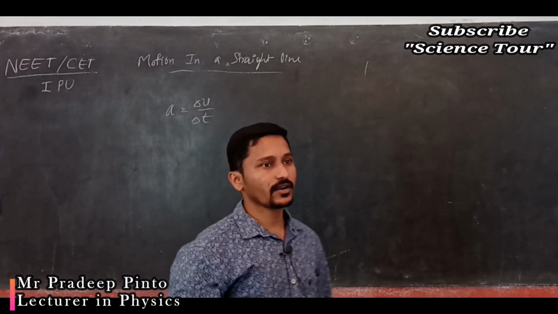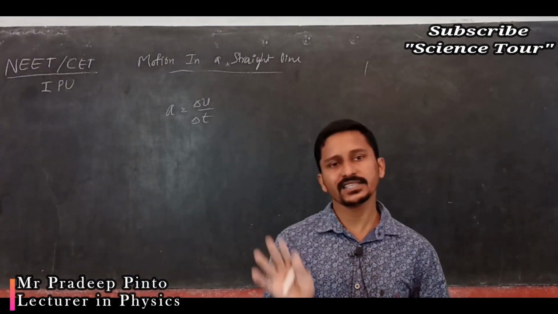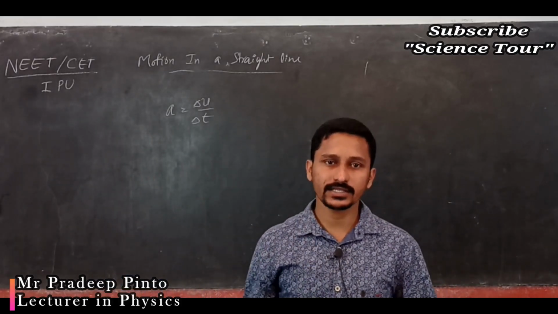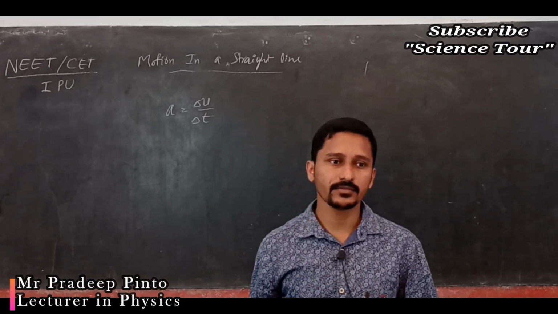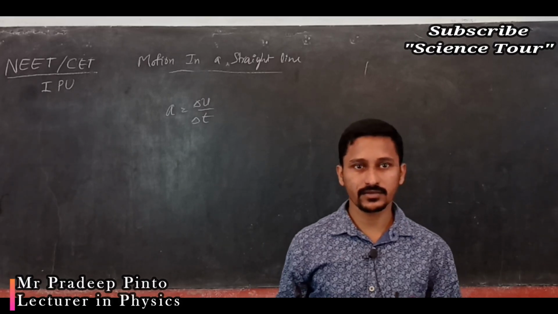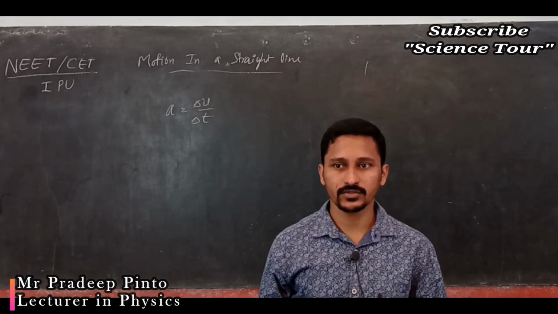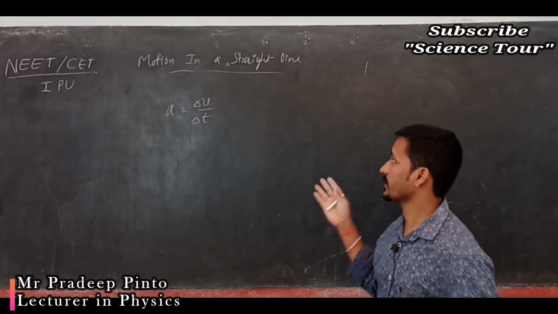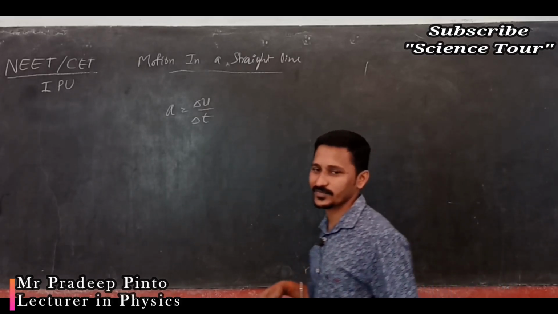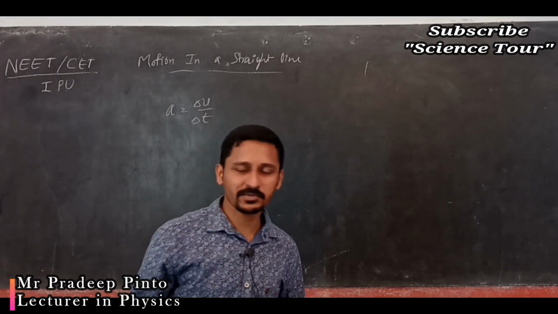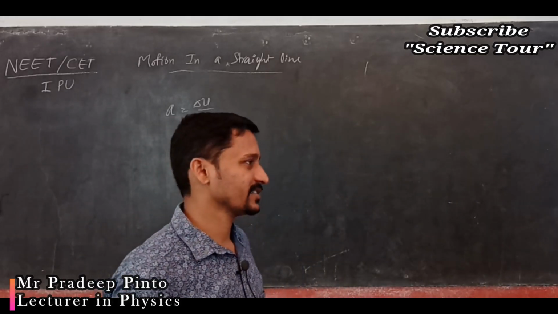Delta means, don't confuse, delta means for all it is a difference between two quantities, that is a notation. Those who are in first year are going to ask how delta comes. Those who are in second year, it does not matter for them, they just know delta v by delta t, no? That's why I am saying, there will be confusions.